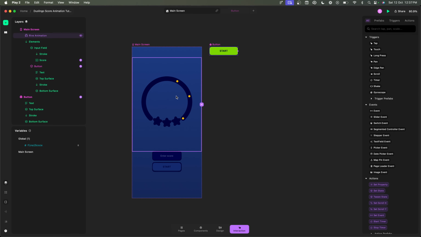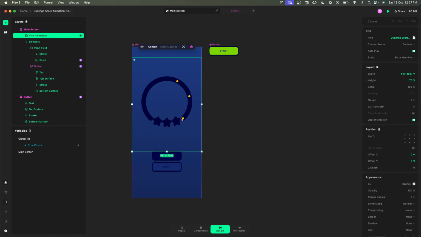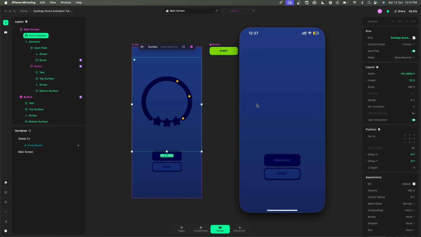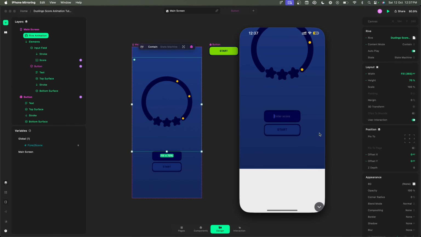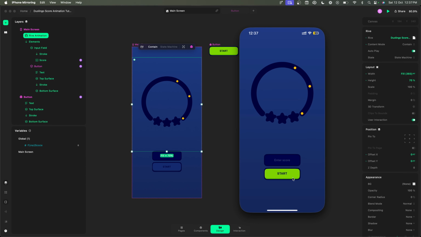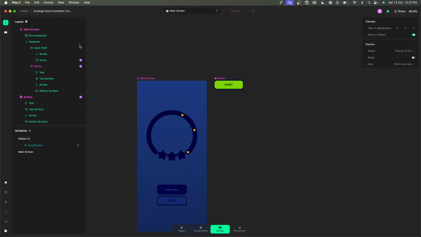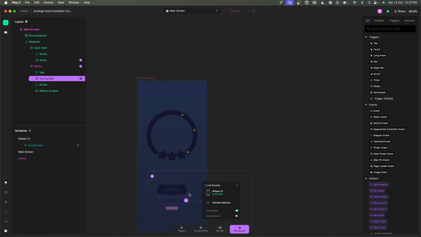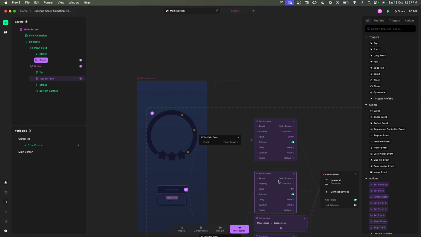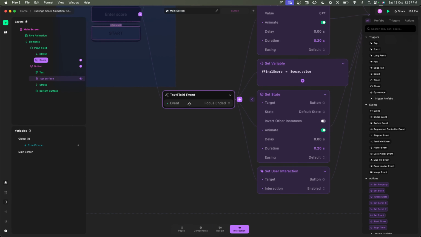Now there is one tiny issue with this. Let me explain. If I go back to design mode, click on this, move this and reset the animation. Now, if I click on this but press enter without typing anything, the button here is still going to become visible. The reason for that is because if I come here to our interactions and tap on the input field, we are telling it that whether or not I type something,